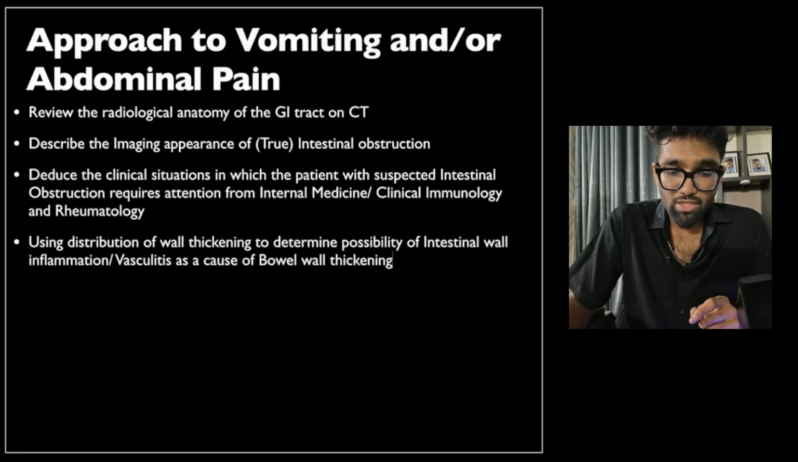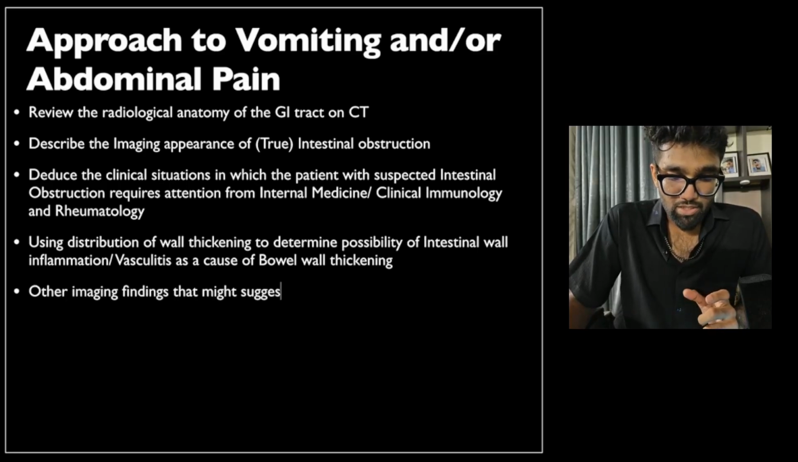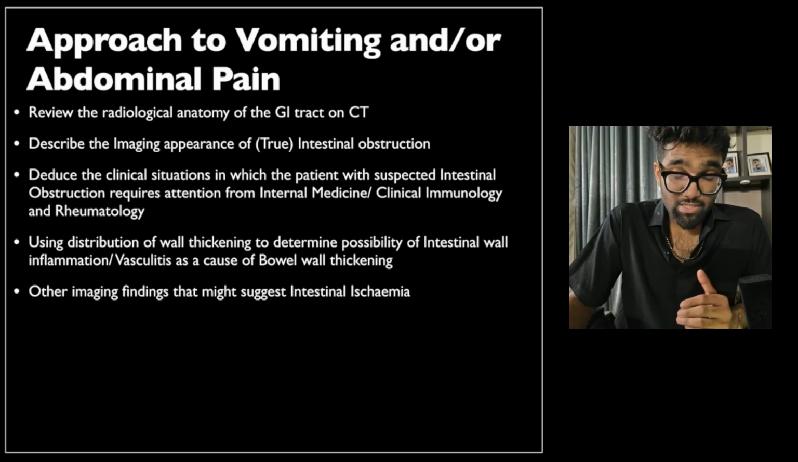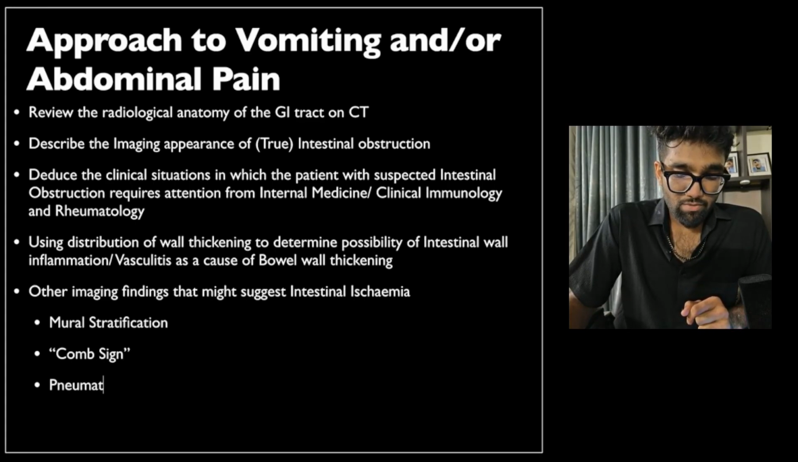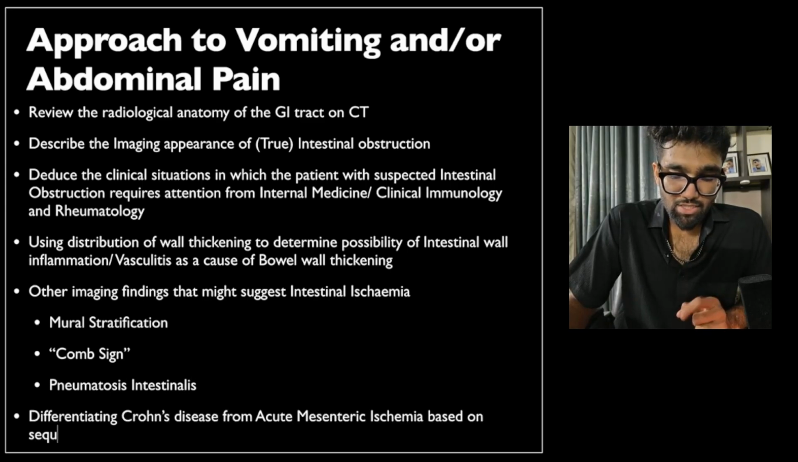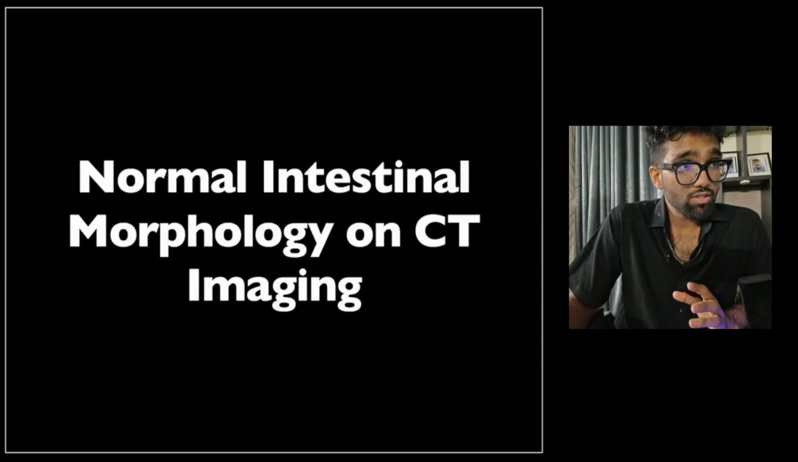Using distribution of wall thickness, we'll try to determine the possibility of intestinal wall ischemia or vasculitis as a possible etiology of bowel wall thickening. We'll describe other imaging findings that might suggest intestinal ischemia as a possible underlying cause. Under this, we'll be talking specifically about mural stratification, the quote unquote comb sign, and pneumatosis intestinalis. Then finally, we'll try to differentiate Crohn's disease from acute mesenteric ischemia based on the progressive changes in